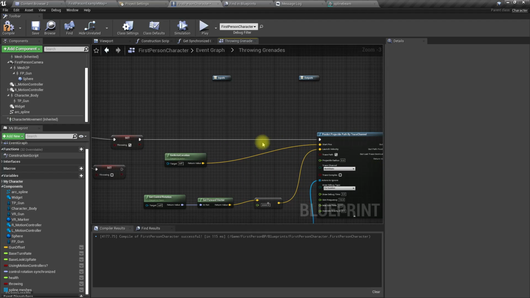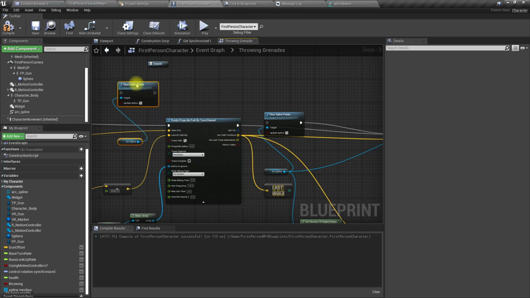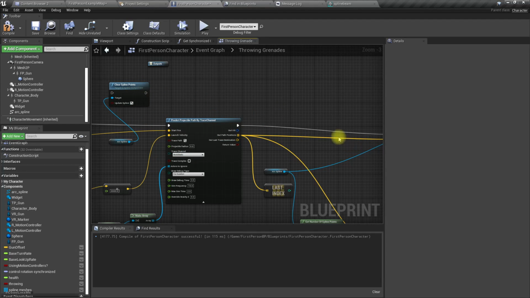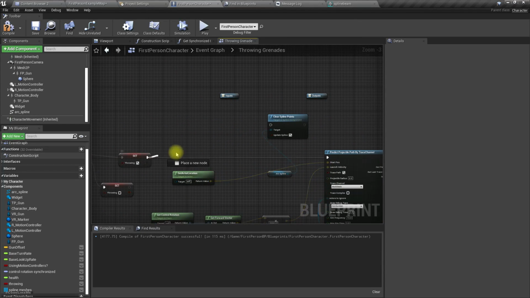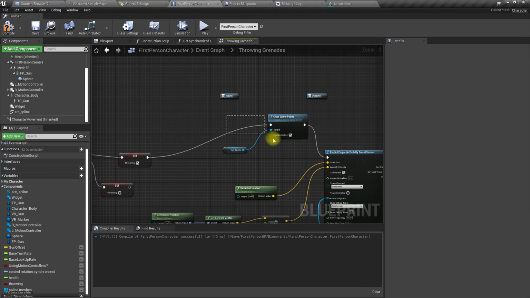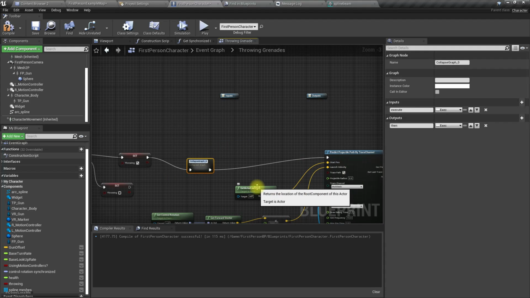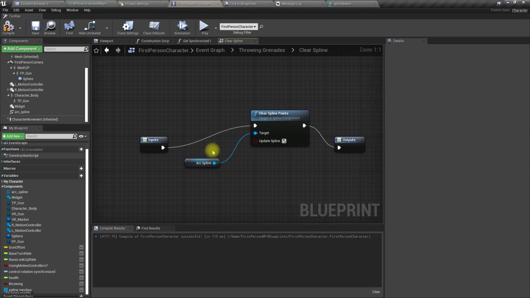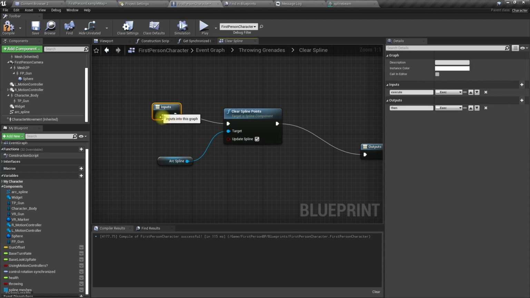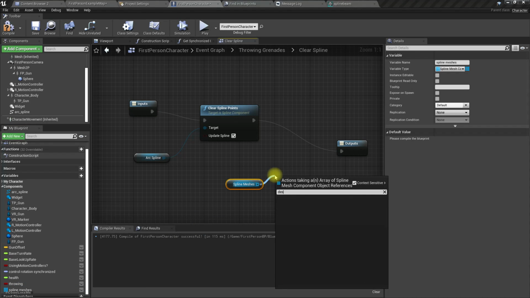That means here, let's collapse this part and call clear spline, and clear the spline points, and also get these spline meshes and destroy